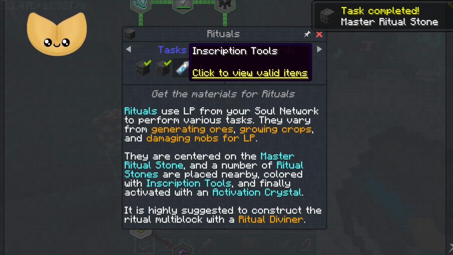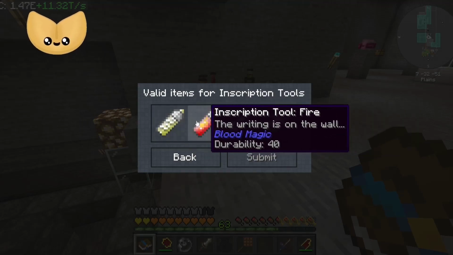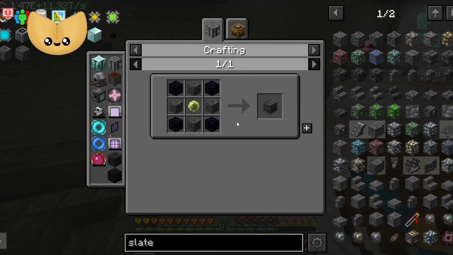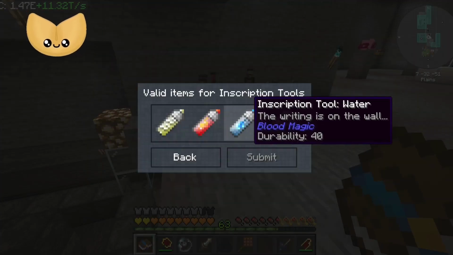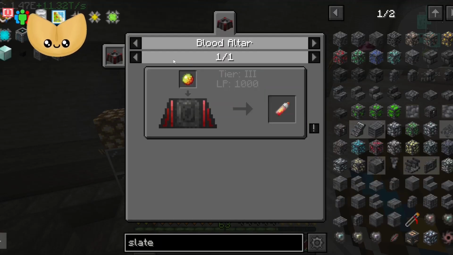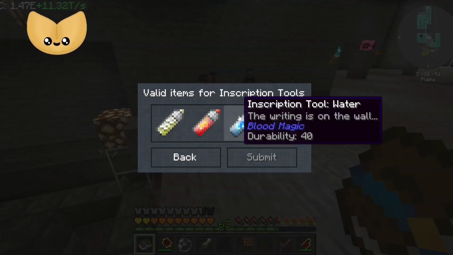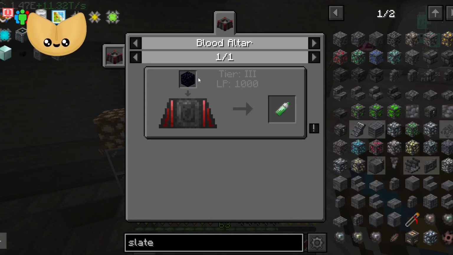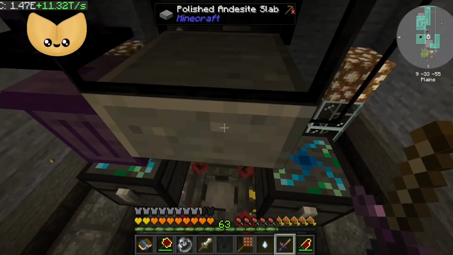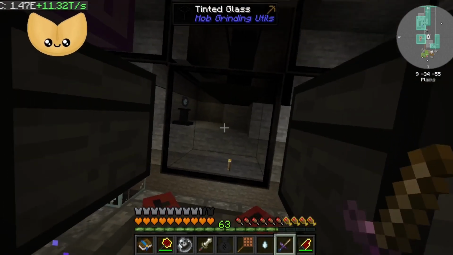Now there is the 2 others from this one, which is to make all of these inscription things. I need all of them, but fortunately, each of them only costs 1,000 LP, and it's all EMCable stuff. So I really just need to make these things once. So I need a gas tier, magma cream, a block of lapis, and some obsidian. Alrighty, I have everything, and overall I should only need 4,000 for this first part, so time to start pricking